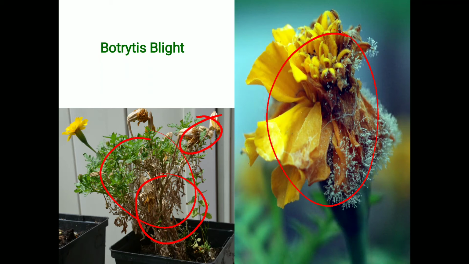The fungus produces spores at a faster rate on both dead and recently infected tissue, because each spore can cause a new infection. It is important to remove the dead tissue, including the fallen leaves and flowers, on a regular basis.